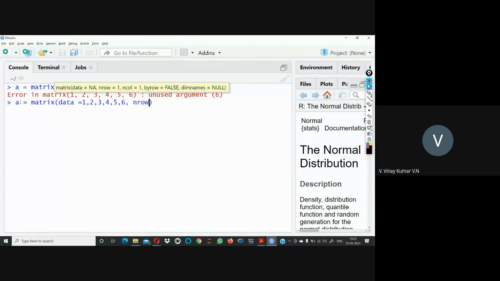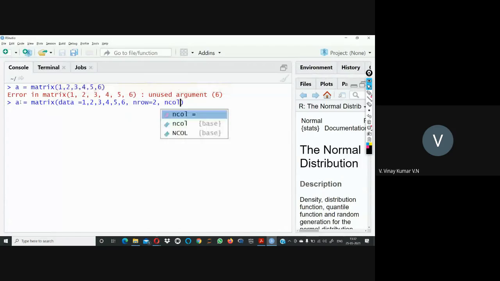Rows equals 2, and columns equals 3, and by row wise.